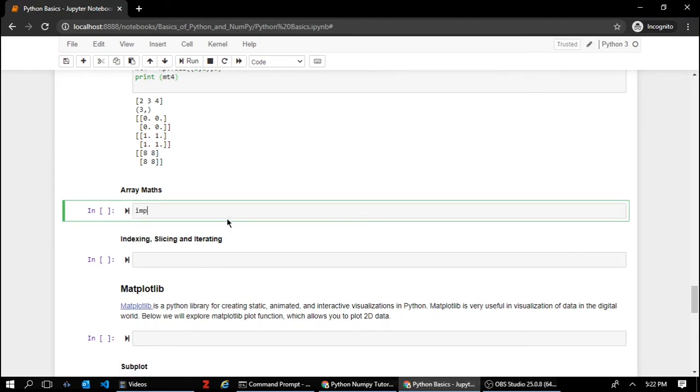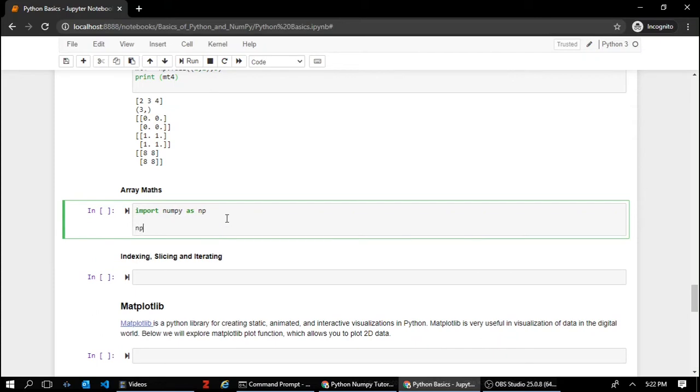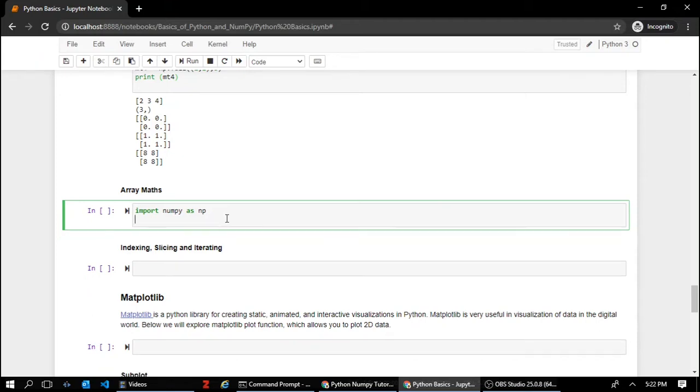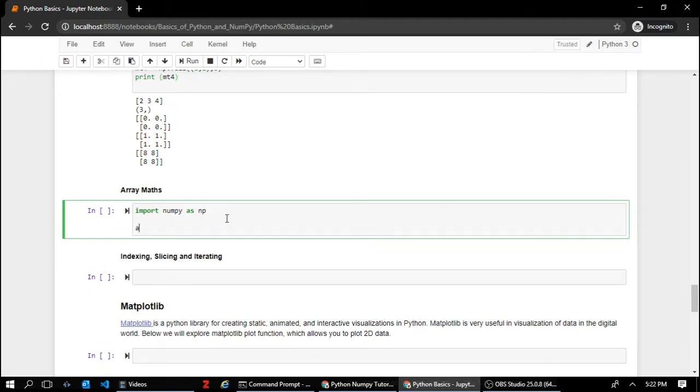We'll now perform basic mathematics on NumPy arrays. For this, let's create one sample array as array1. We'll create a 2 by 2 array with all the values of the array as 4.